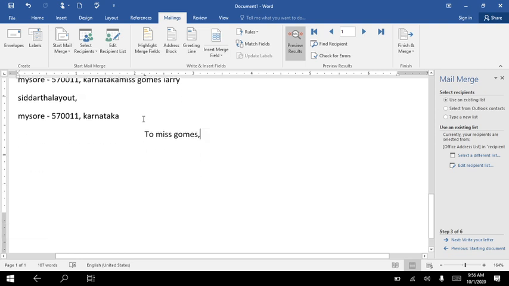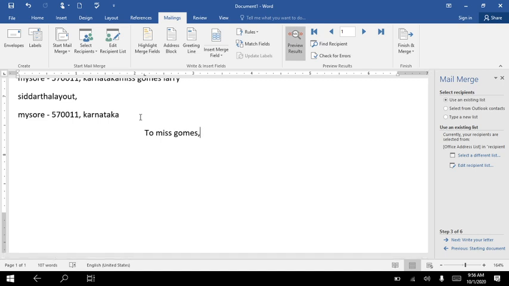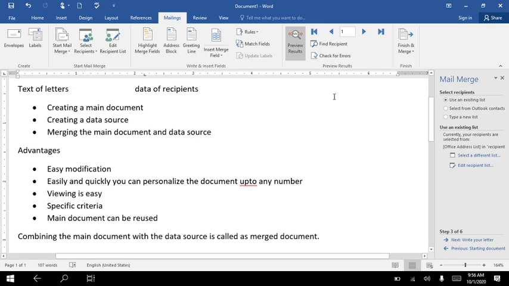Fine. So after this, what we are going to do, in this step, the last step, okay, we'll be coming to the last step. In this step, you can take printouts or edit the merged option. So each one you can take a printout. You can just check here and you can just take the printout.